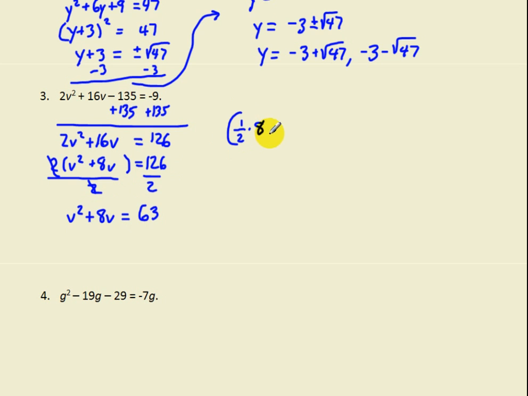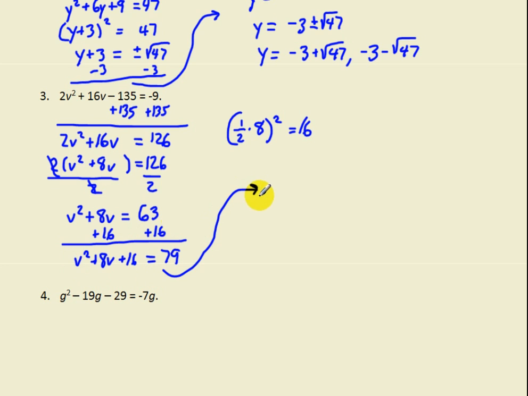Now we take half of 8, so half times 8, and then we're going to square that. So 1/2 of 8 is 4. We square that and we get 16. So we're going to add 16 to each side now. So add 16, add 16. And we get v squared plus 8v plus 16 is equal to 79. So now I'm going to rewrite this. So we'll move it up here. We know that this is v plus 4 quantity squared